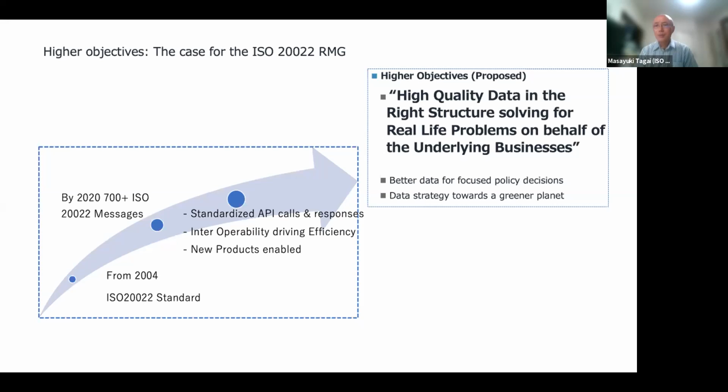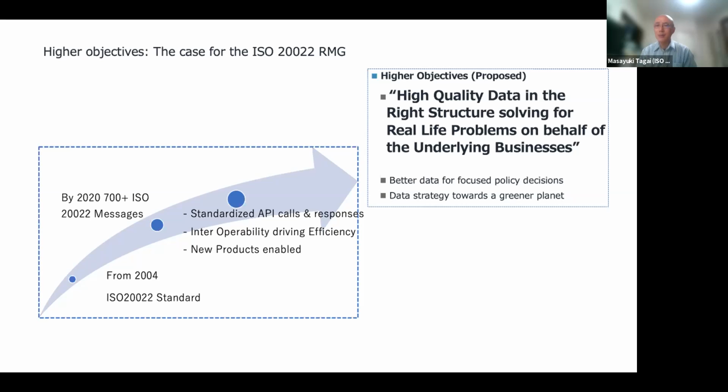Yes. So the ISO 20022 RMG was born in 2004. It's well, 17 years old. And by 2020, we now have 700 plus messages. So we have payment messages, we have securities messages, we have FX messages, we have derivatives messages, we have card and retail messages, and we should have more. We happen to have 700 plus. And being the vice convener from Asia for a long time, and being the first convener from Asia,